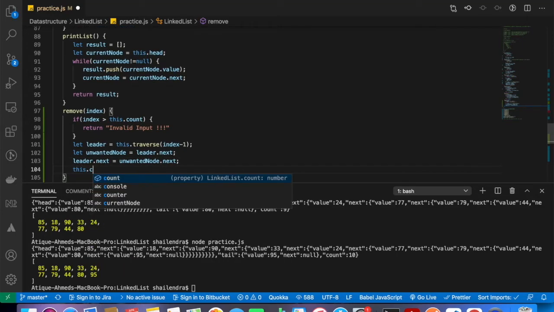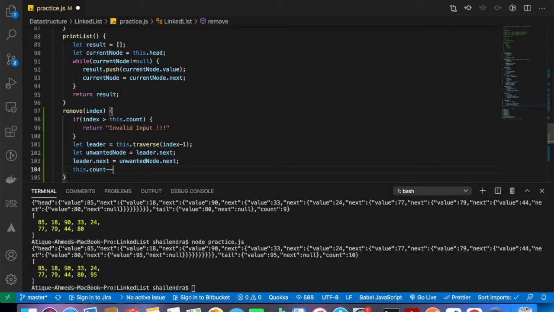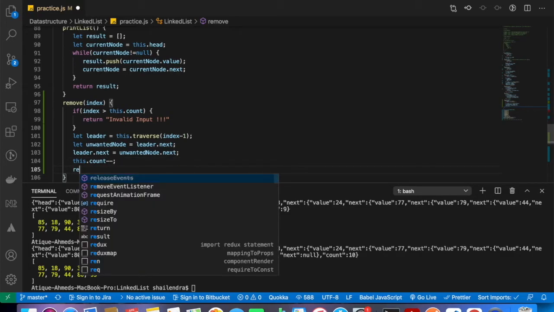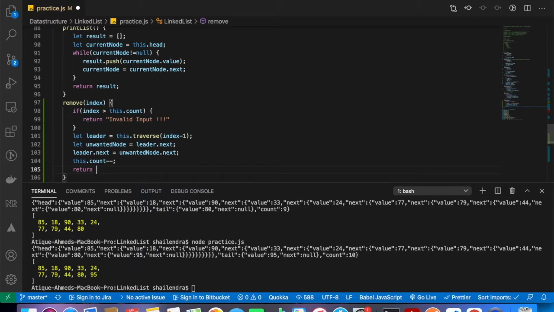Then you need to say this.count minus minus and return this.printList.